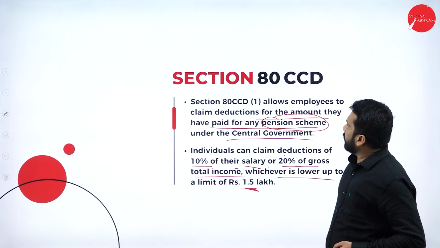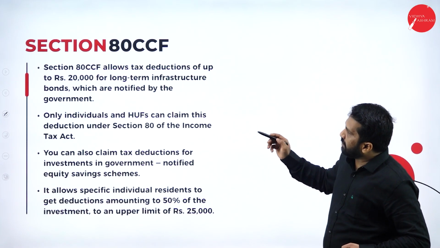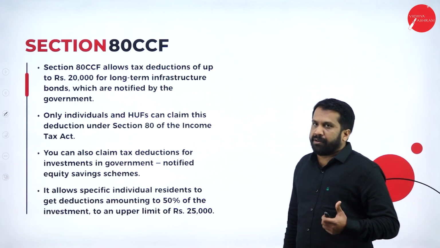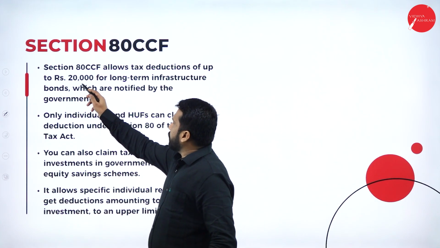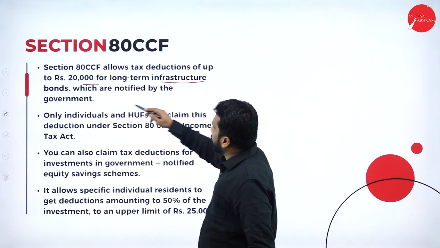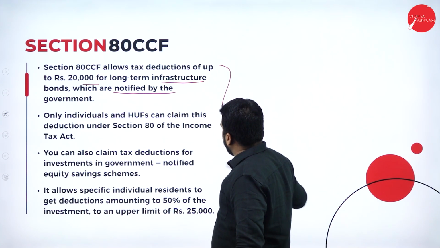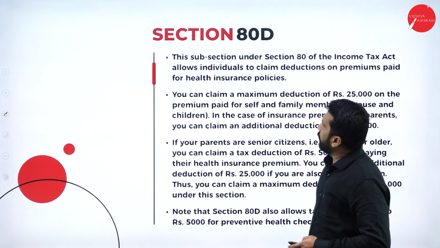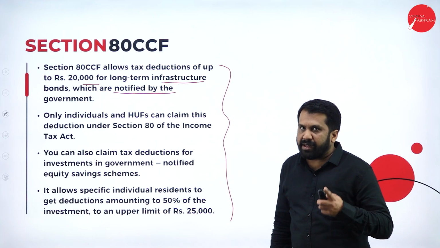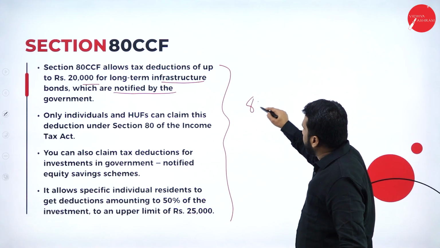Now, 80CCF. 80CCF allows deduction up to rupees 20,000 for long-term infrastructure bonds which are notified by the government. This is not much important. Before I come to 80D, remember 80C,